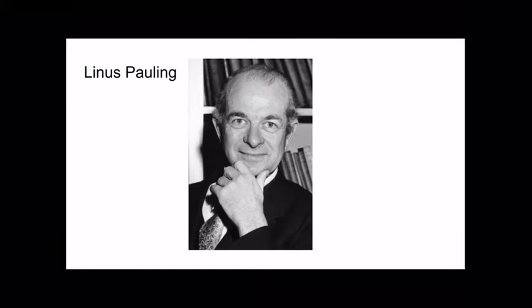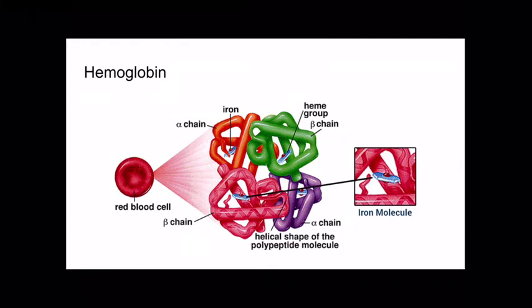Later in Linus Pauling's life, maybe you recognize his name as somebody who strongly promoted megadoses of vitamin C. He and his colleagues did a lot of work on the structure of vitamin C and its uses in the body, and potential protective functions it might have against cancer. So that's Linus Pauling and his contributions to the understanding of the structure of complex organic compounds, such as proteins. And that takes us into looking at proteins today.